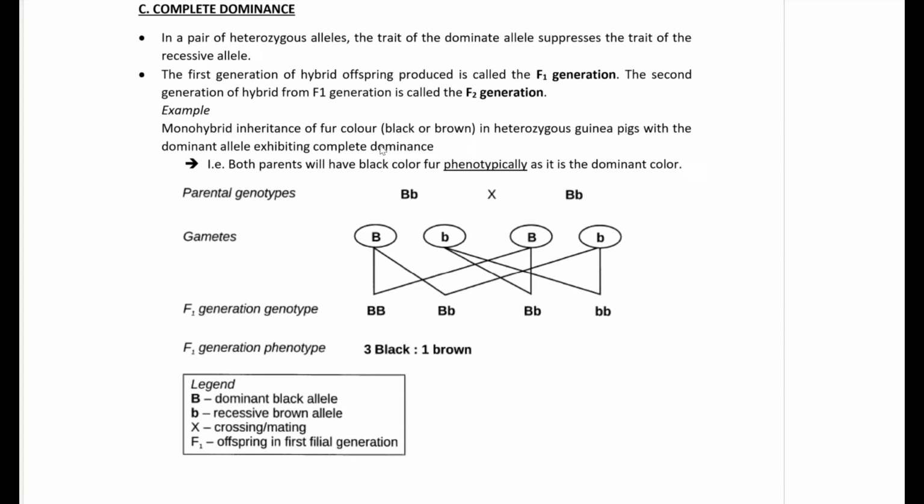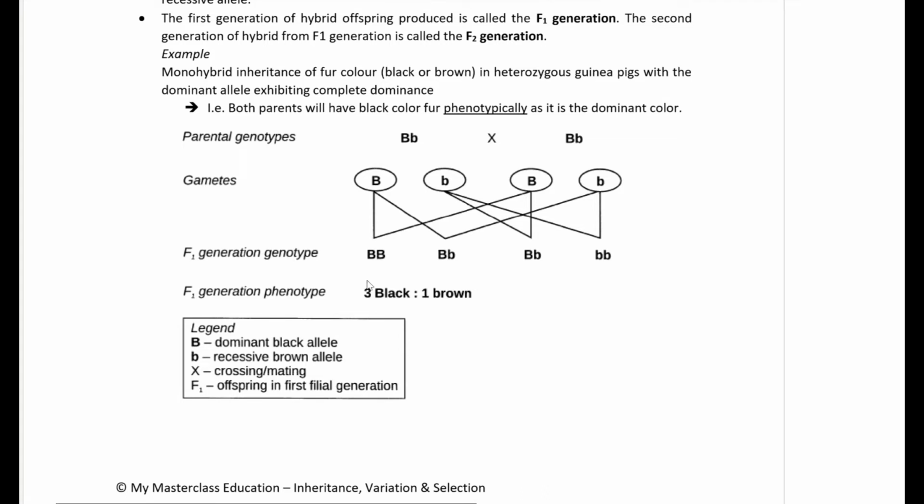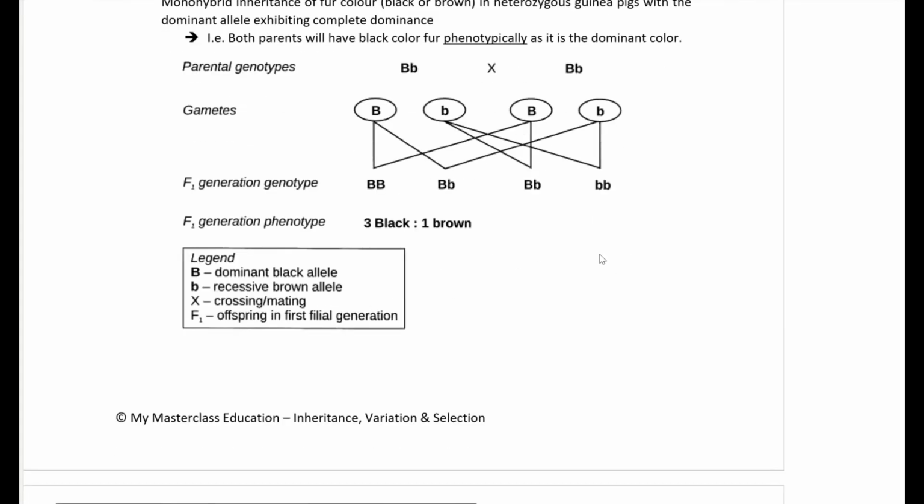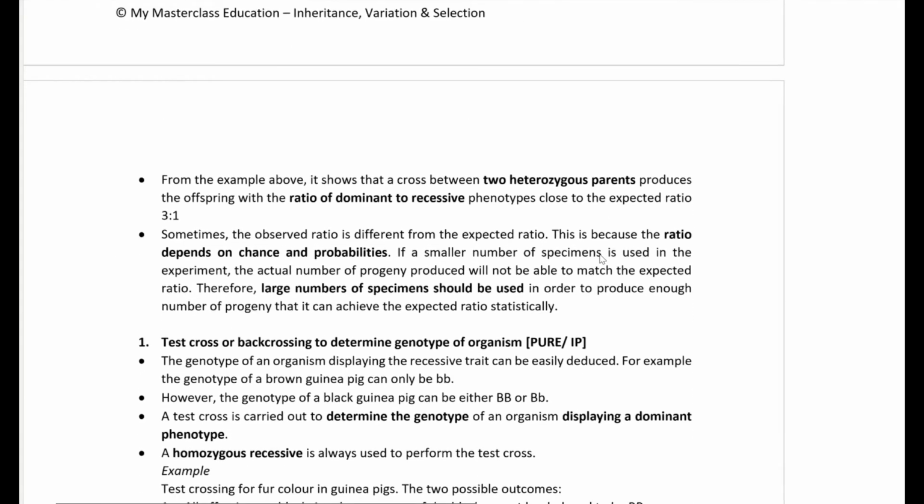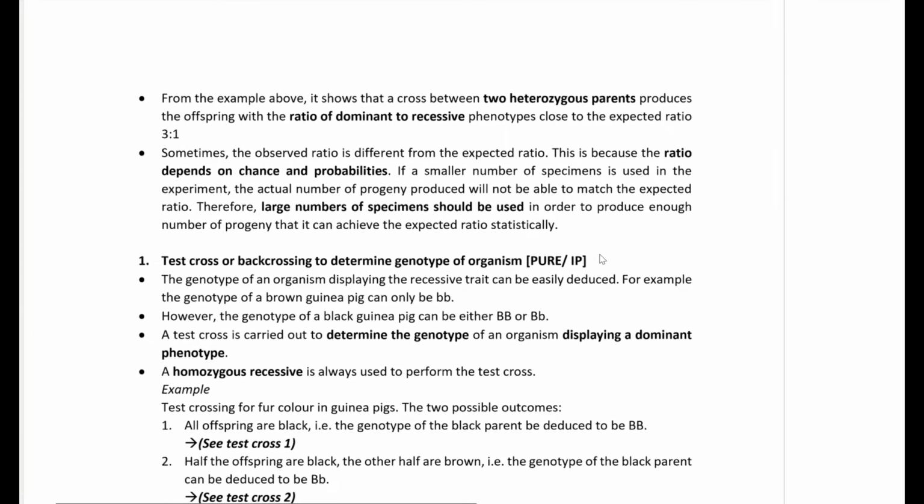So subsequently, in complete dominance, where I have heterozygous and heterozygous parents, I will have 3 offspring with the dominant phenotype, and I will have one offspring portraying the recessive phenotype. Of course, this is for phenotype. Genotypically, I get 1 homozygous dominant, 2 heterozygous dominant, and 1 recessive component, homozygous recessive. So the ratio that you see is 3:1, but of course we do not always observe this, especially